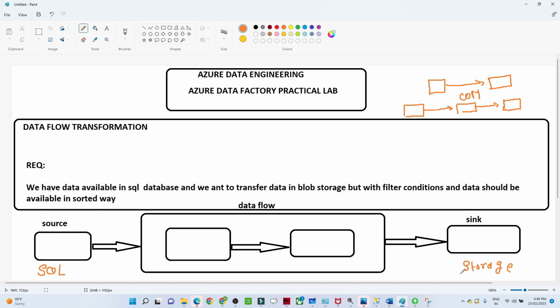Okay, so till now we were using a copy data activity and directly doing a copy from a SQL to a sink location. But now our requirement is that we don't want to transfer all the data from SQL directly to storage, but we also want to perform a transformation, that is, we want to apply some kind of filtration over there. So for that we will apply a filter transformation in